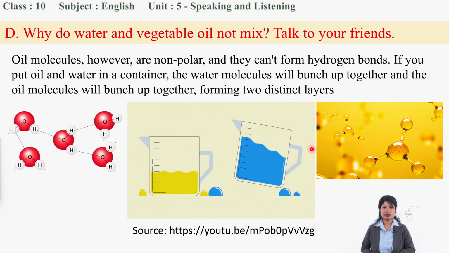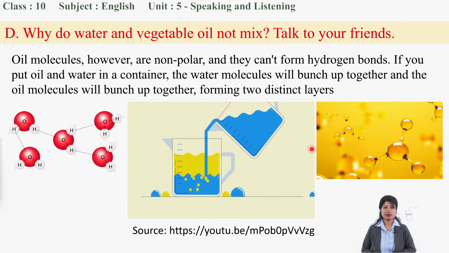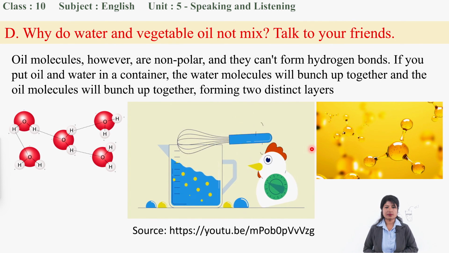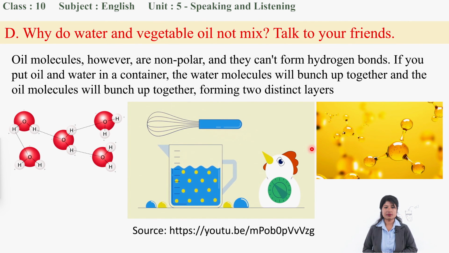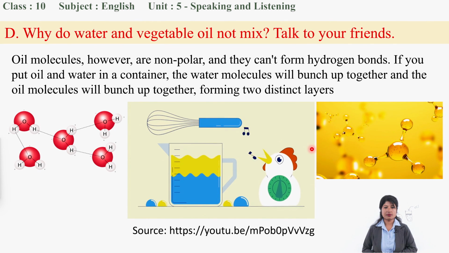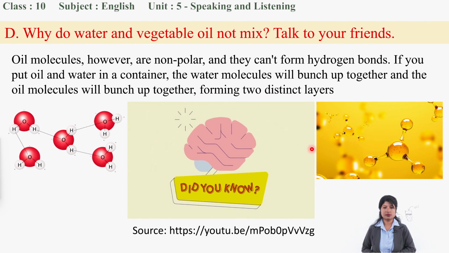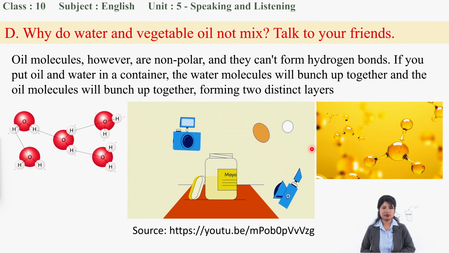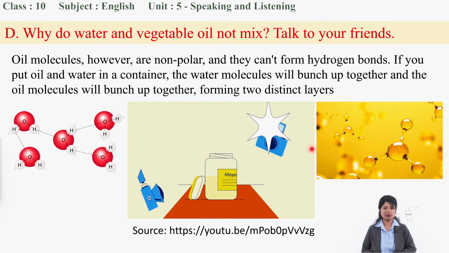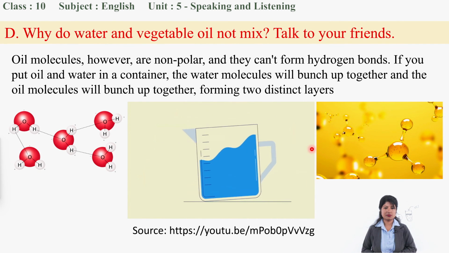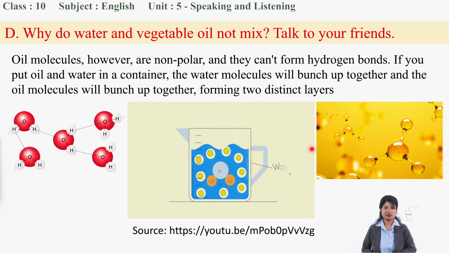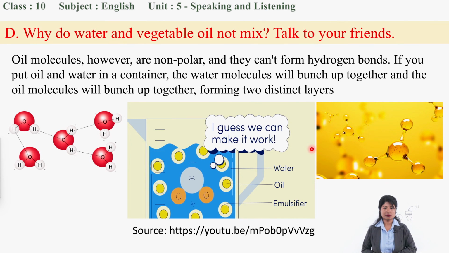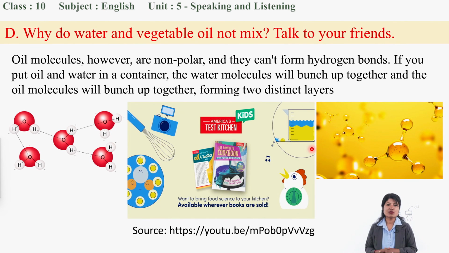But wait a minute, what if I want them to mix? Well, whisking oil and water together breaks the liquids into itty-bitty droplets, dispersing them evenly. That's good, but it doesn't last. Did you know? To get oil and water to stay mixed, you need some help from an emulsifier, which can be found in egg yolks, a star ingredient in mayonnaise. Emulsifiers are special molecules that bridge the gap between two liquids that don't get along, like oil and water. I guess mediators are helpful in cooking too. Thank you for watching, everyone.